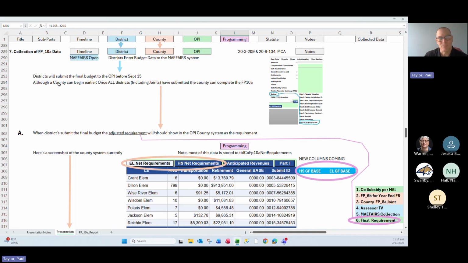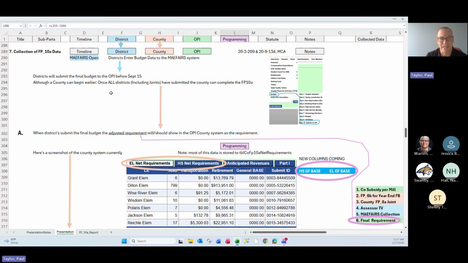So in accordance with statute, districts have to submit their final budget to the OPI on or before September 15th. Although counties can begin this FP10A process earlier, they don't want to go too far with it. You have to make sure all your districts in the county and your joint districts have finished hitting that submit